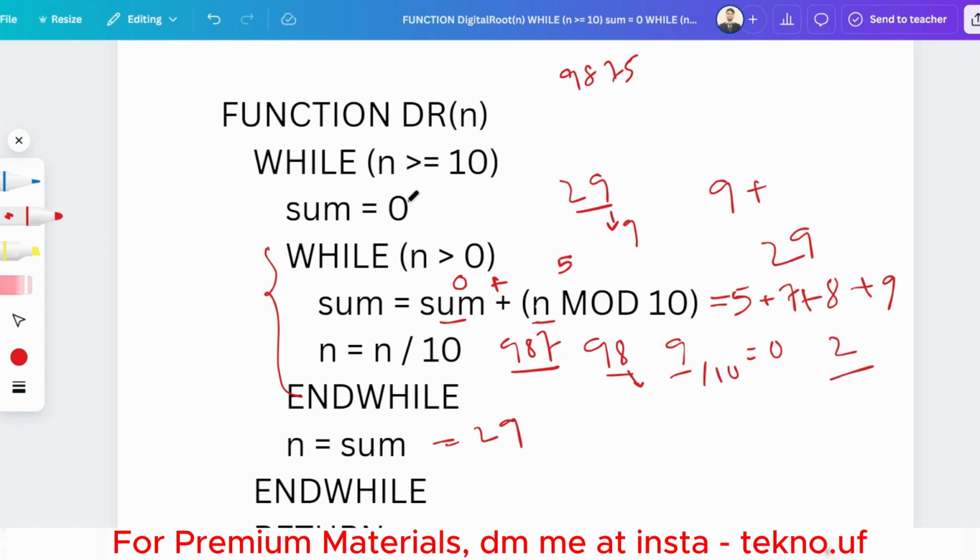Okay, then in the next iteration n is still 2. So sum plus, that is 9 plus, if we divide 2 by 10, then the remainder will be 2, so it will be 11. Okay, so in the next line if we divide this n by 10, that is 2 by 10, then it will be 0, so we'll go outside of the while loop. So the new value of n will become 11. So in the next iteration,